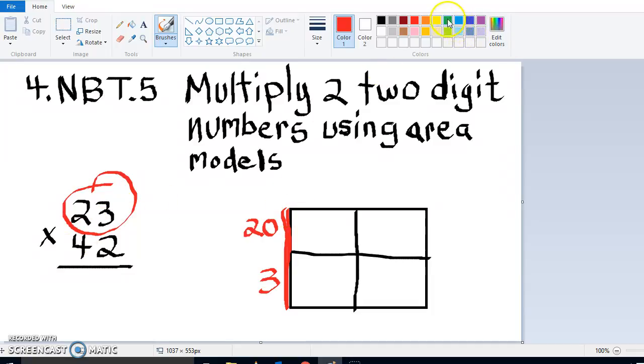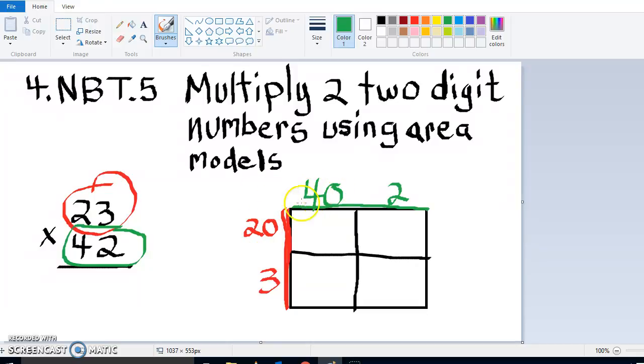Then I would take the second two-digit number that I'm multiplying, 42, and I would decompose that number into tens and ones. The tens place number is 4, so it represents the number 40. And the ones place number is 2, representing 2 ones. And once I have decomposed those two two-digit numbers and lined them up on the sides of the area model,